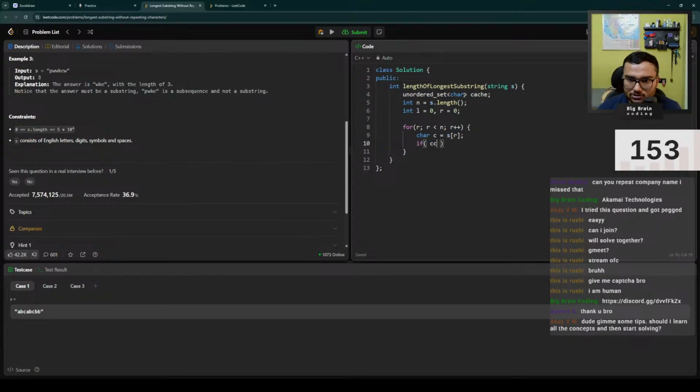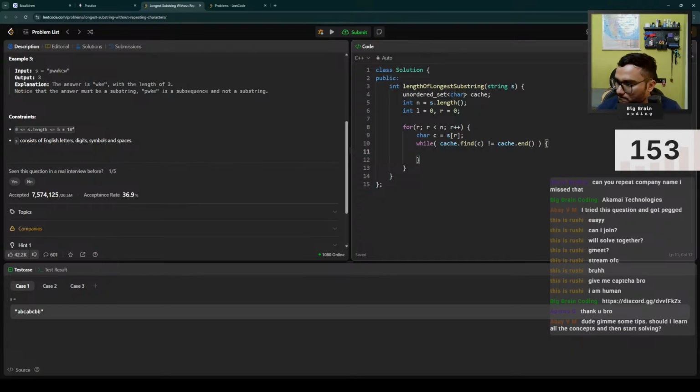If cache dot find c is equal to cache dot end, or we can simply do this, while cache dot find c is not equal to cache dot end, right? Then we remove from left,